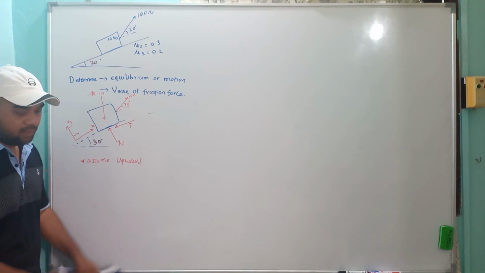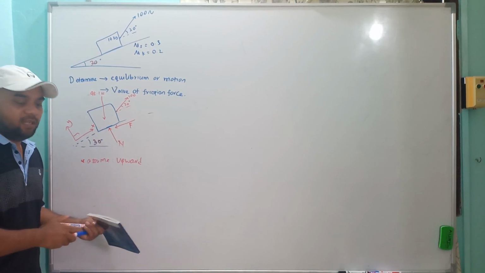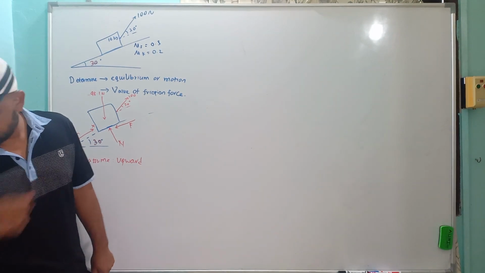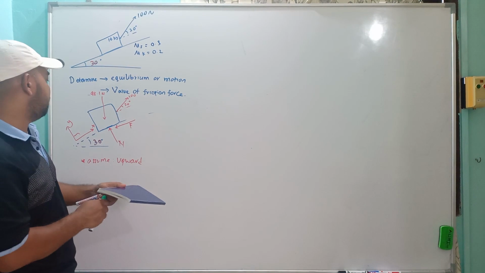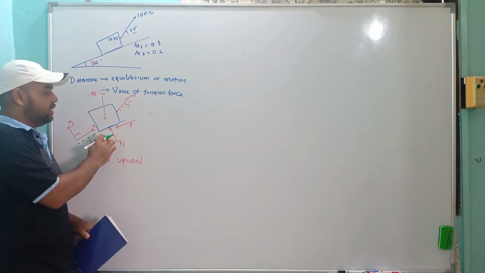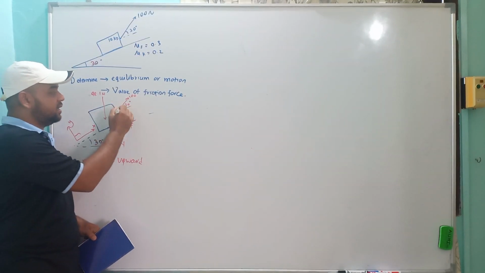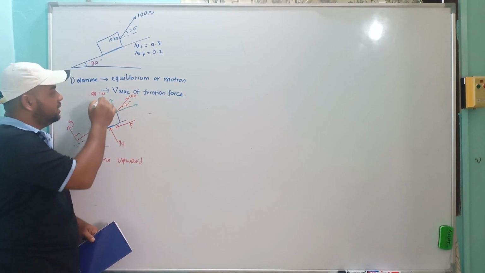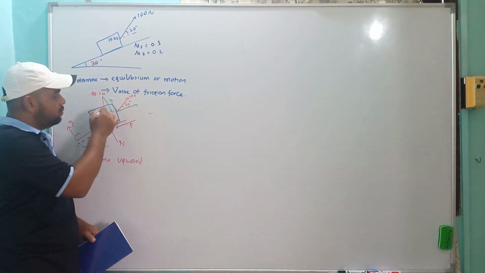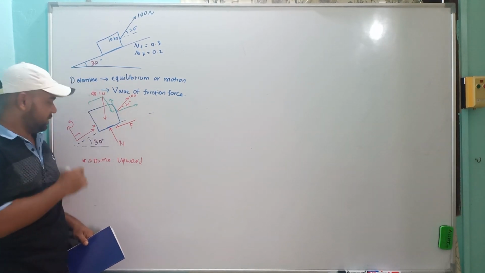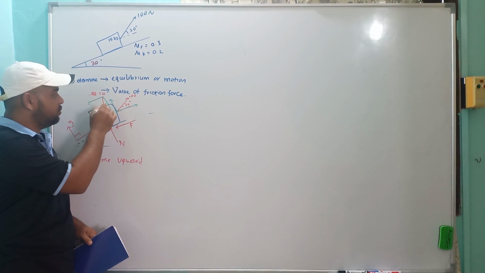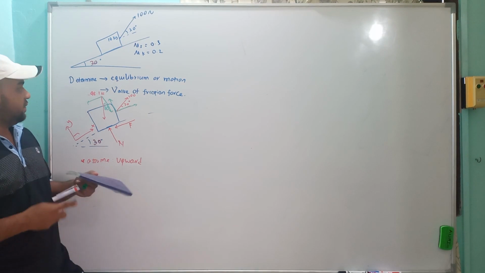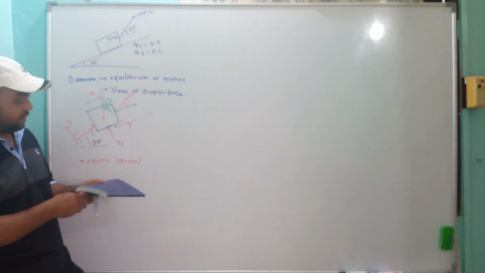So I have to first resolve everything in terms of this x and y. This one is in y, this one is in x. Here I can resolve one into x and the other into y using 20 degrees. This one I will resolve one into y and the other into x. Here is 30 degrees, so for sure here we will have another 30 degrees. Now I have resolved everything in terms of x and y.